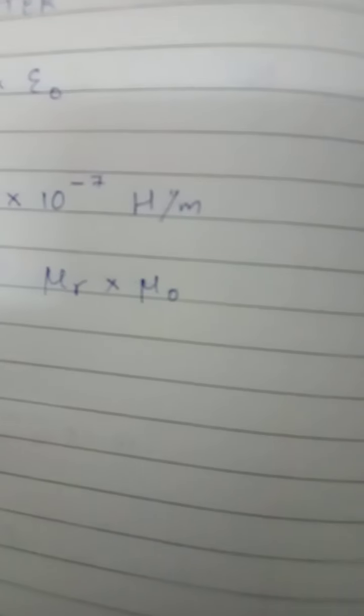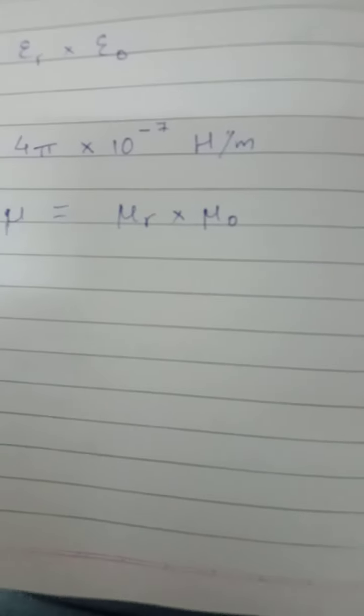Farad is a unit of capacitance, Henry is a unit of self-inductance, which are concepts which I won't be discussing right now. And similarly, just like permittivity, the permeability of a material medium is given as mu, which is written as mu r times mu naught, where mu r is known as the relative permeability of the medium. Unlike the dielectric constant epsilon r, mu r can actually be less than 1, equal to 1, or greater than 1.